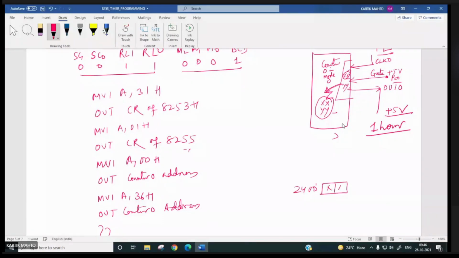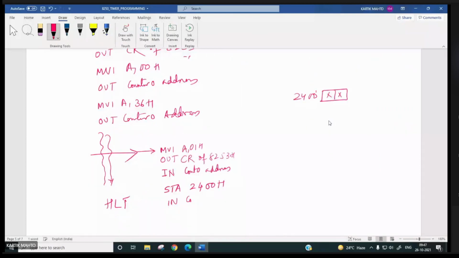Then you have to read the higher byte from the counter 0 address, STA 2401H. So at 2401H you will get YY.